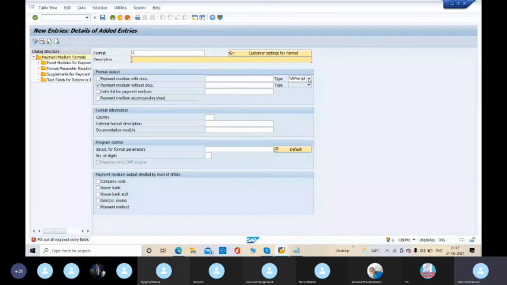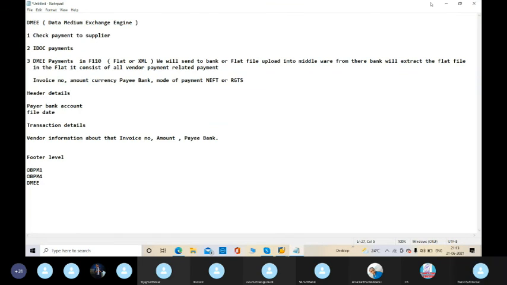So here we have the file. This is the file format, that is a flat file and XML file. These two are usually used to get the file, whichever I have mentioned. This is the file. In that DME file we have header details, transactional details,